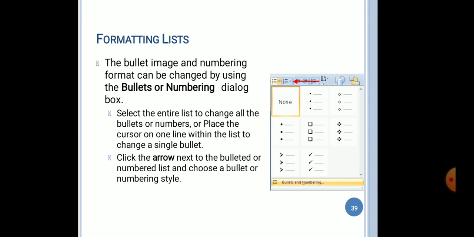First of all you have to select the entire list to change all the bullets or numbers, or place the cursor on one line within the list to change a single bullet. Then you have to click the arrow next to the bulleted or numbered list and choose a bullet or numbering style. So here you can see in this arrow we are mentioning the bullet or numbering style.